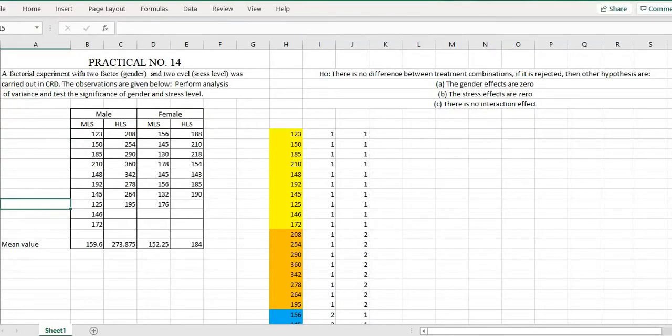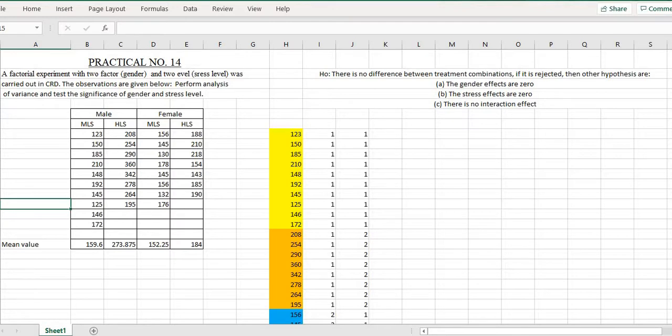Students, listen attentively. It is Practical Number 14 of course Stat 711, especially for PhD students. The statement of the practical is given here. A factorial experiment with two factors, that is gender and stress level,